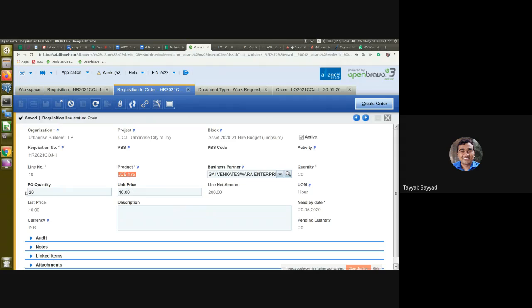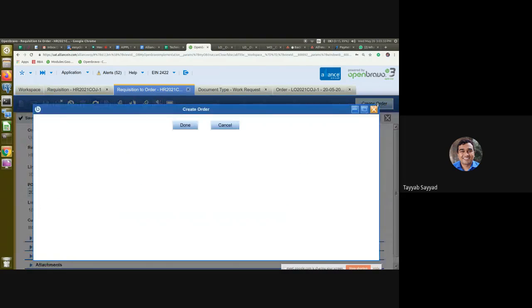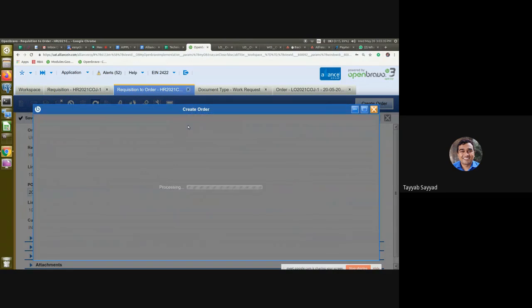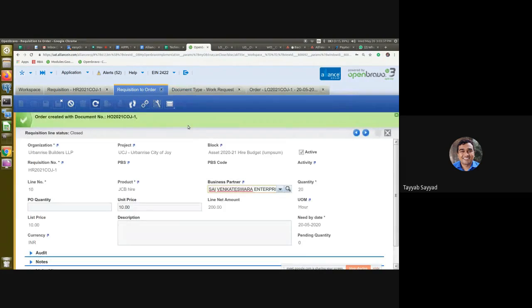JCB hire with the PO quantity 20 and the unit price 10. And then I'll click on this create order button. This will create the hire order in the system against Sai Venkateshwara Enterprises. Okay, I'll click on create order. And this will create the hire order with this document.